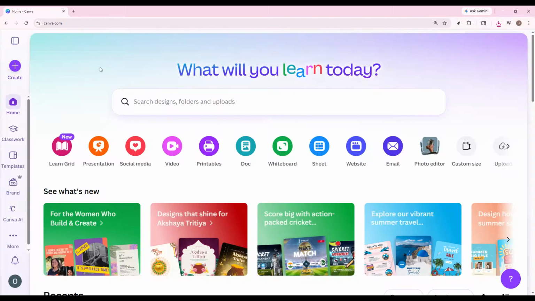If Canva is showing an error occurred message, don't worry, this is usually a simple issue you can fix in just a few minutes. In today's video, I'm going to walk you through the fastest ways to fix Canva error occurred step by step, so you can get back to editing without wasting time. We'll start with the easiest fix first, then move into browser troubleshooting, and finally check whether Canva itself is having